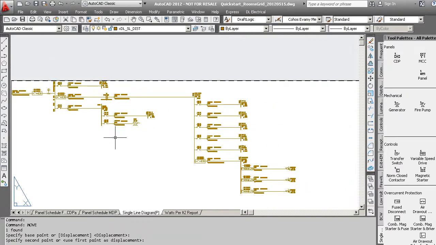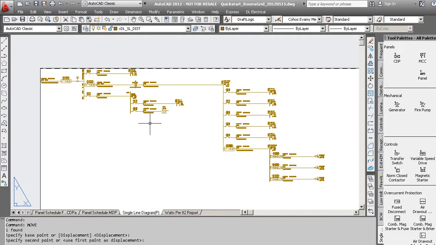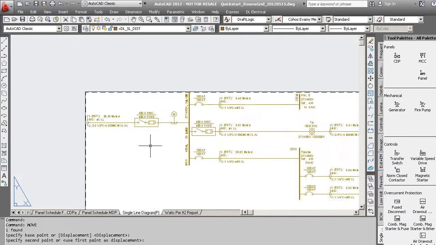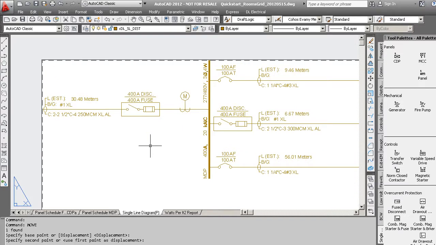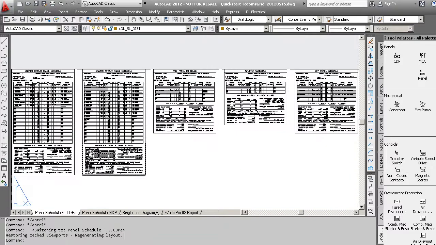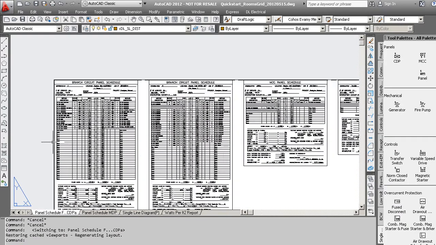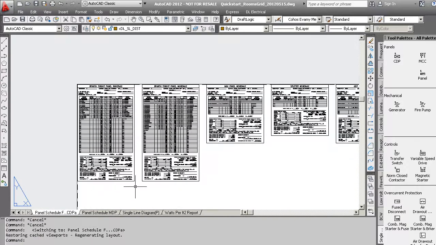So there you go. The single line was almost completely automatically generated. I just had to add my generator and alter my transfer switch appearance a bit. Other than that, all of your lengths are calculated automatically, bonding and grounding, feeders, protection types, also all your panel schedules. Now if you want your panel schedules to show up on your floor plans, like we talked about earlier,